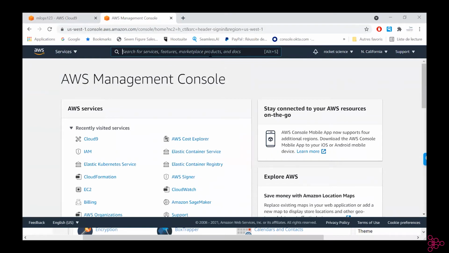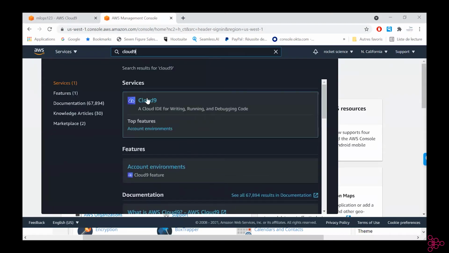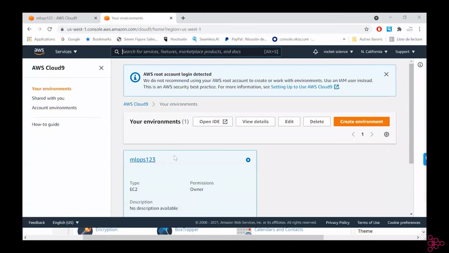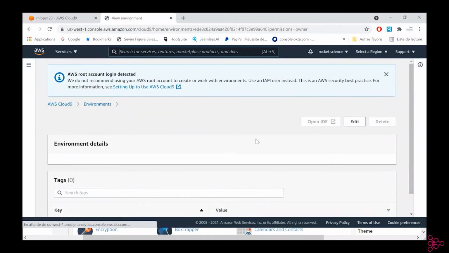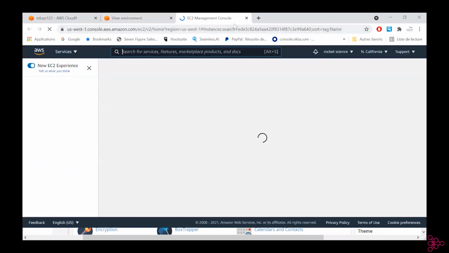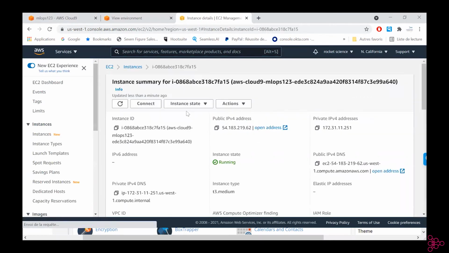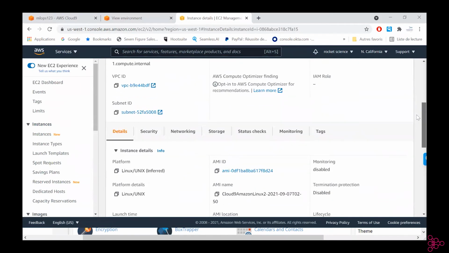Then after that, I'll answer the questions after, guys, just finishing this one. Cloud9. And then I will click on this, look for EC2 instance. And here we will look for the volume because it has a volume attached.